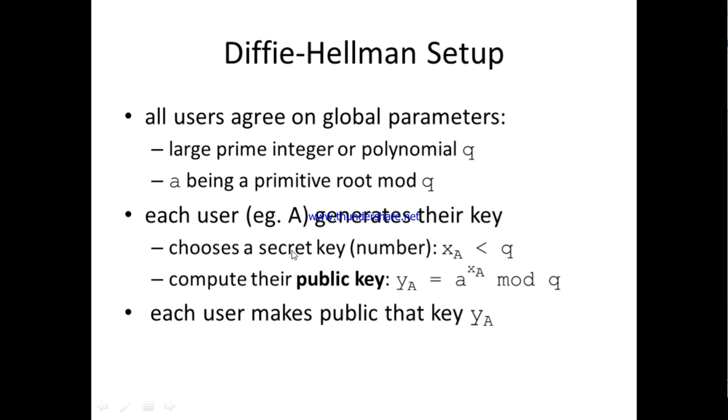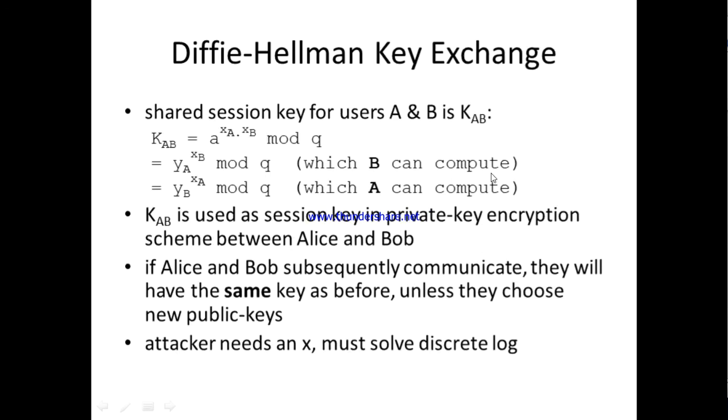And then we are going to choose a secret number, XA at one center, that should be less than Q, and it is going to compute YA. YA is equal to A power XA mod Q, right? So Q is one large integer, A is the primitive root of Q. XA should be less than Q, and YA we are computing as A power XA mod Q. And this YA will be given to the other party B, right?